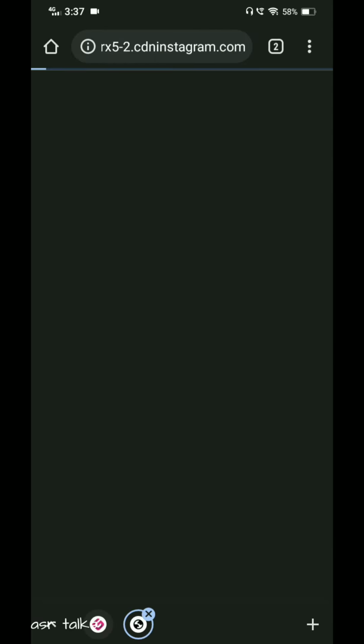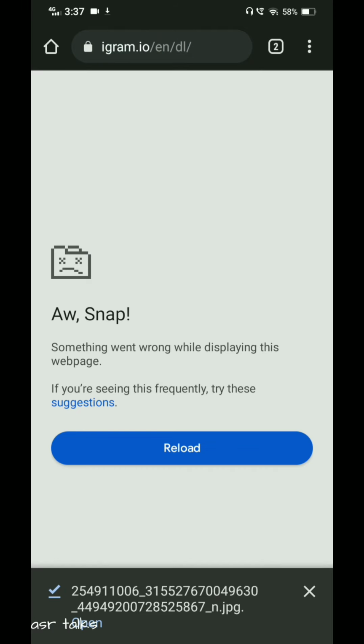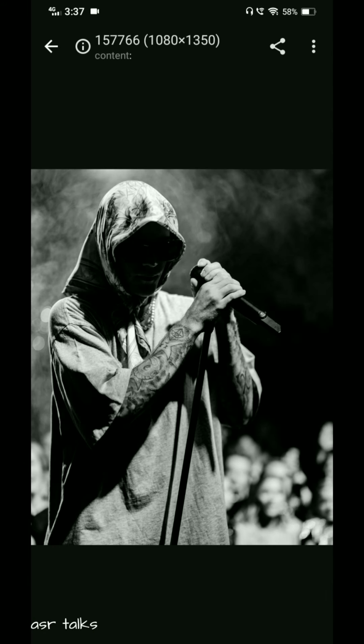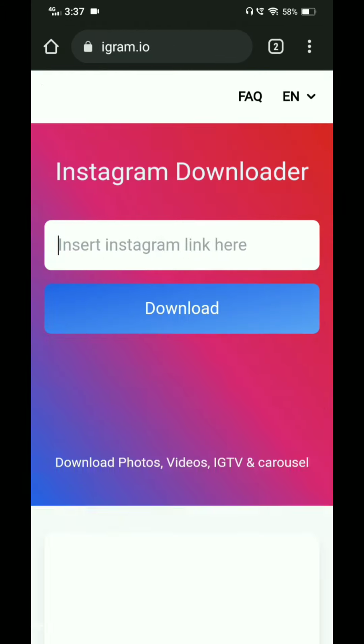So I am clicking on it and press back if page got redirected, and you can see the file got downloaded. Then click on open. See, you can see the photo of Justin Bieber. In this way you can download the Instagram posts.